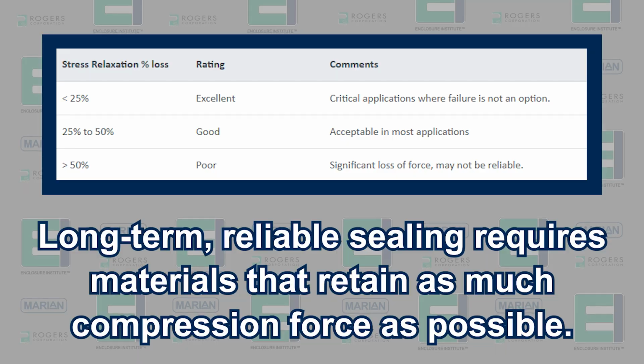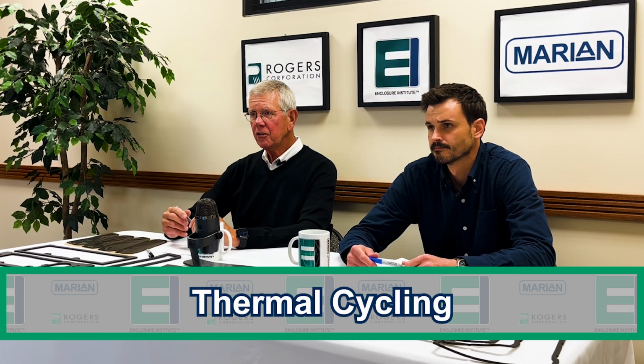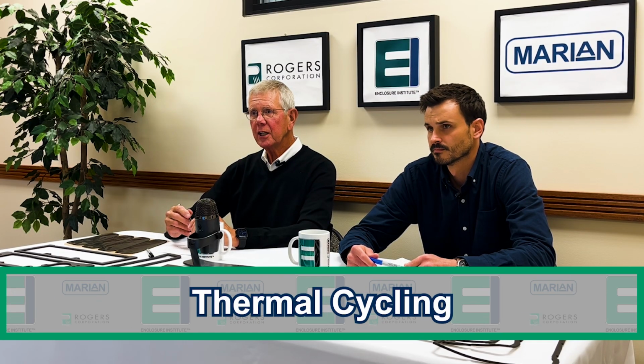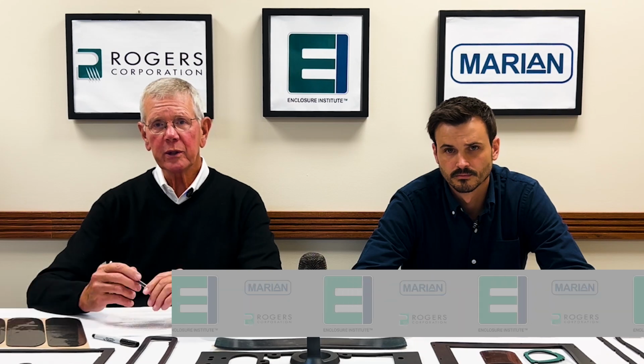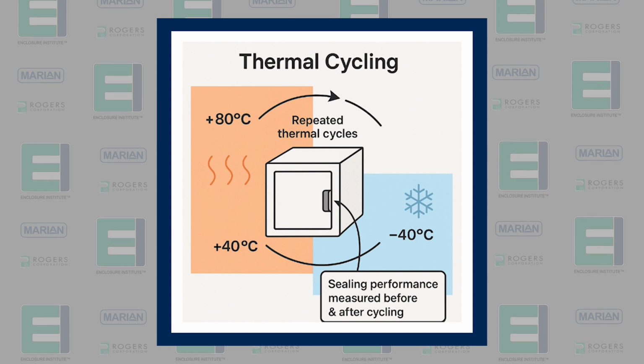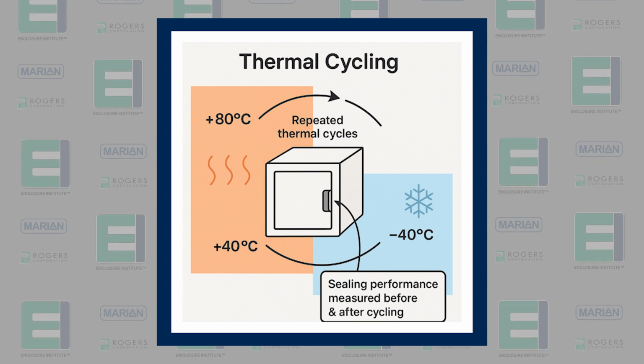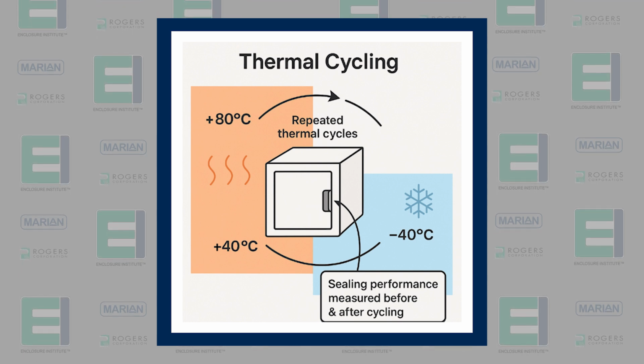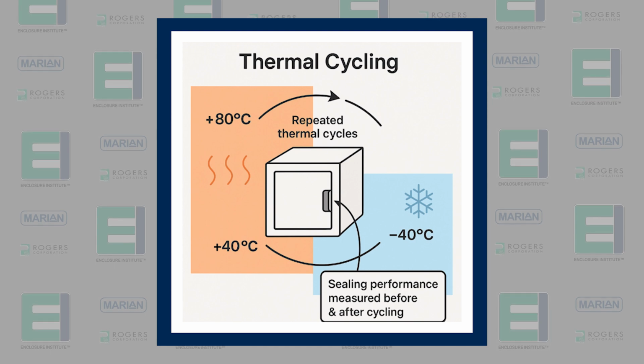Thermal cycling can be an added condition applied to a gasket material to help simulate conditions like those that will be experienced in the ultimate application. For example, material can be exposed to cycling temperatures and humidity conditions in a test chamber for a period of time and then put through an ASTM test for compression set or stress relaxation.